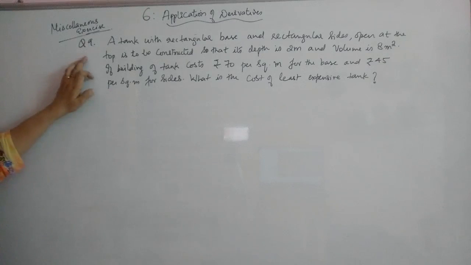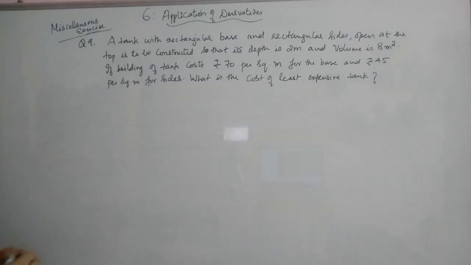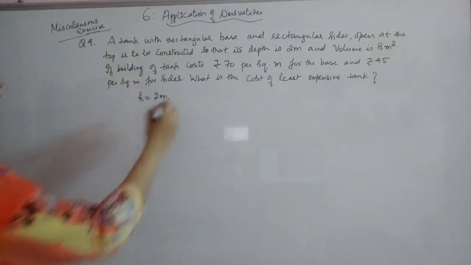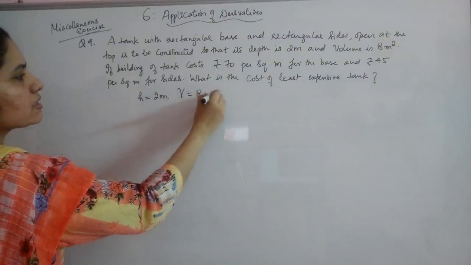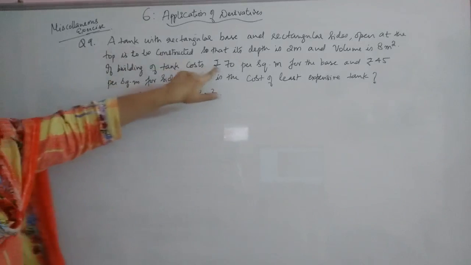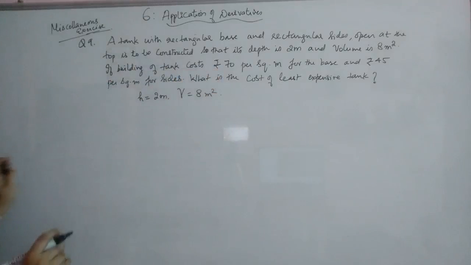See the question. A tank with rectangular base and rectangular sides, open at the top, is to be constructed so that its depth is 2 meter. So actually the height h is given to be 2 meter and the volume is given to be 8 meter square. If the building of tank costs rupees 70 per square meter for the base,